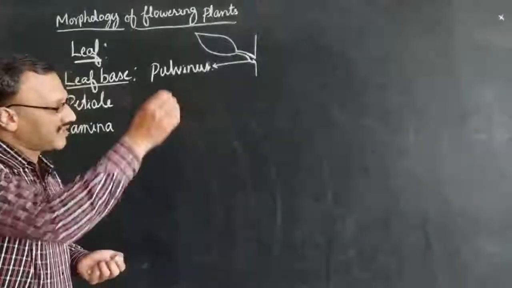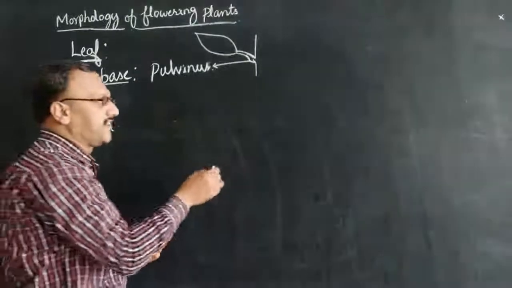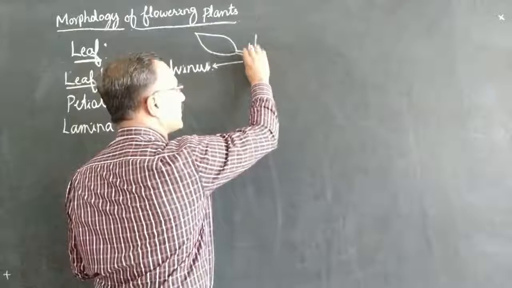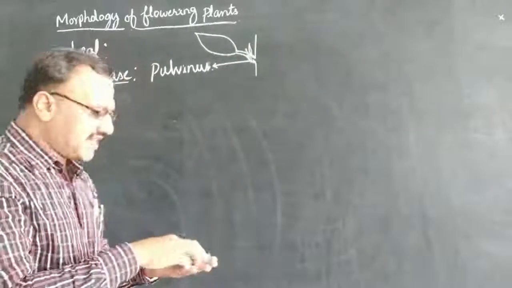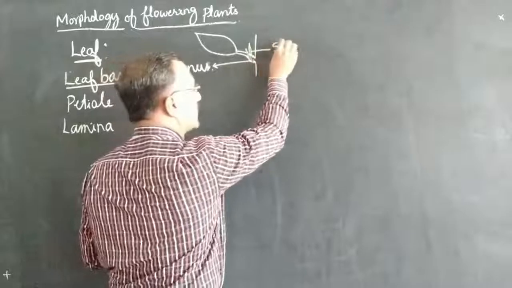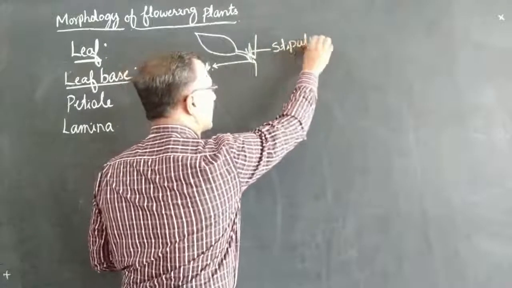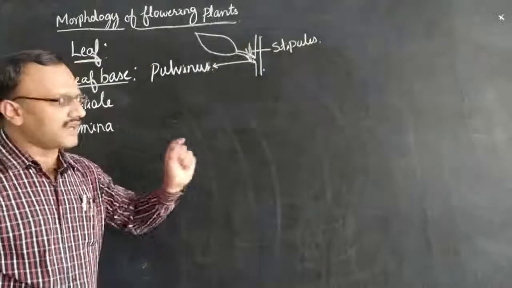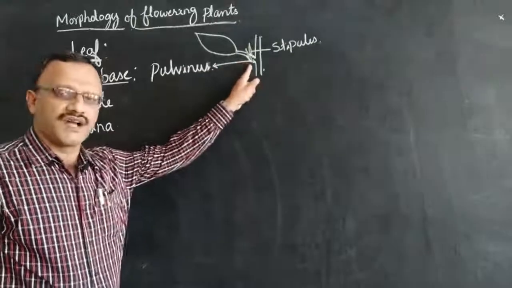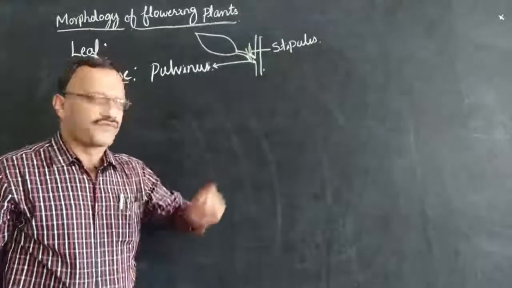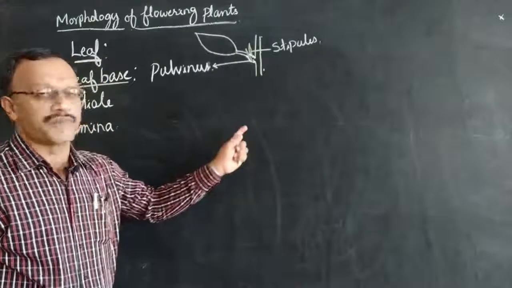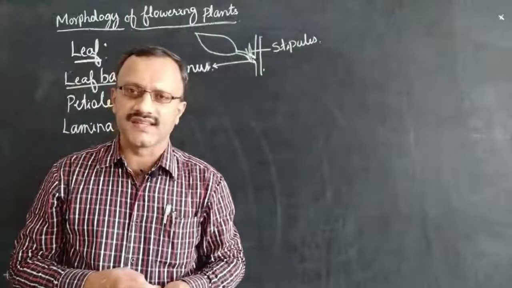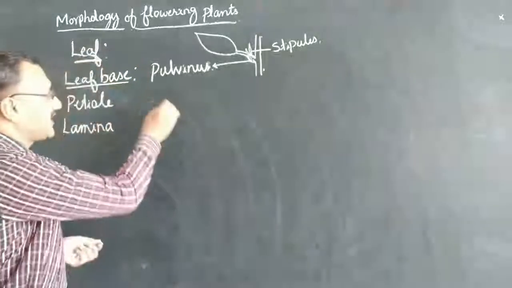Similarly, in most of the plants, at the leaf base region, small leafy structures are found growing above the leaf base. These are called stipules. The stipules are small leaf-like outgrowths attaching to the leaf base, found in most plants. Similarly, in case of monocot plants like rice, wheat, etc., the leaf base is covering